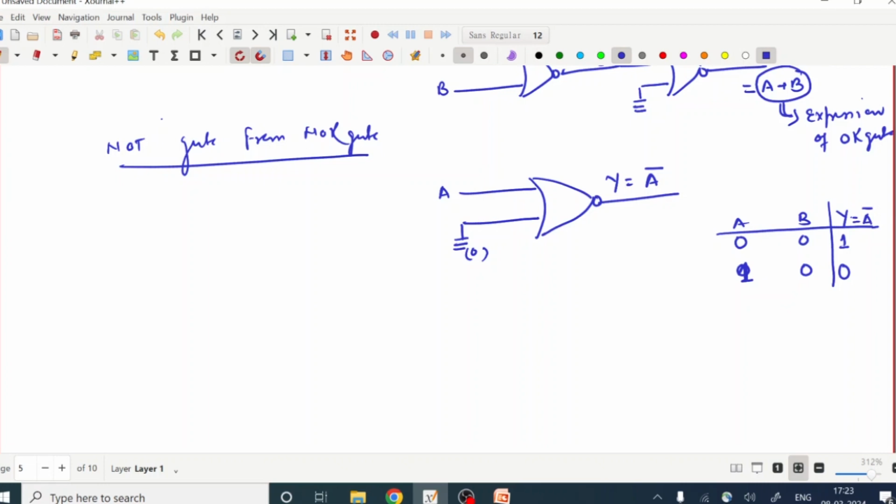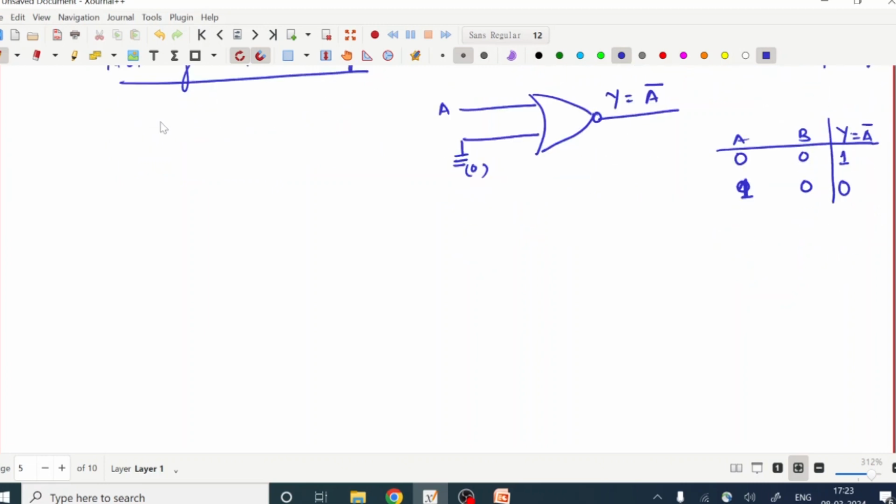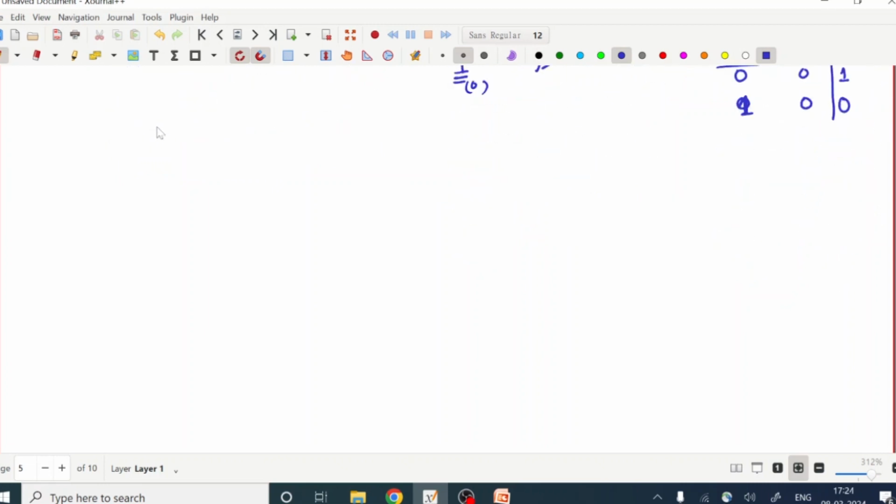We design a NOT gate from a NOR gate, and since we design all the 3 basic logic gates, AND, OR and NOT gate, by using only and only NOR gate, we do not use other gates, that's why it is known as a universal logic gate. Now we discuss some other logic gates, like the XOR gate and XNOR gate.